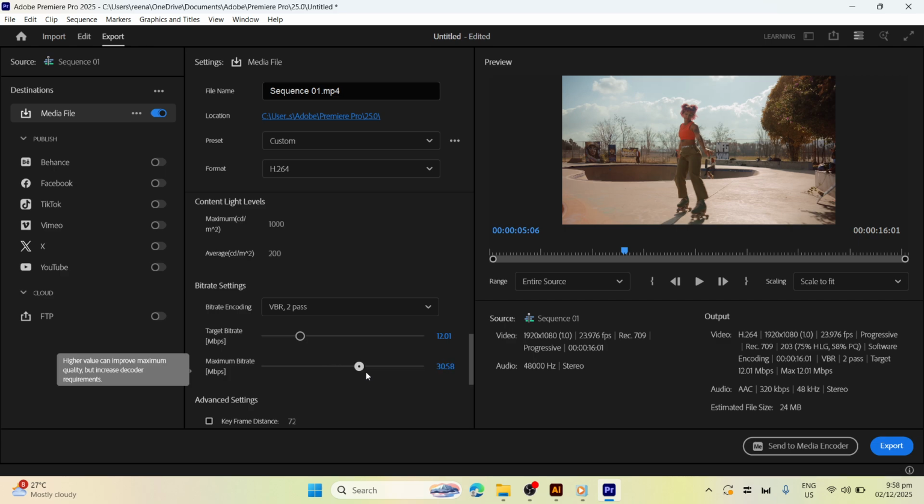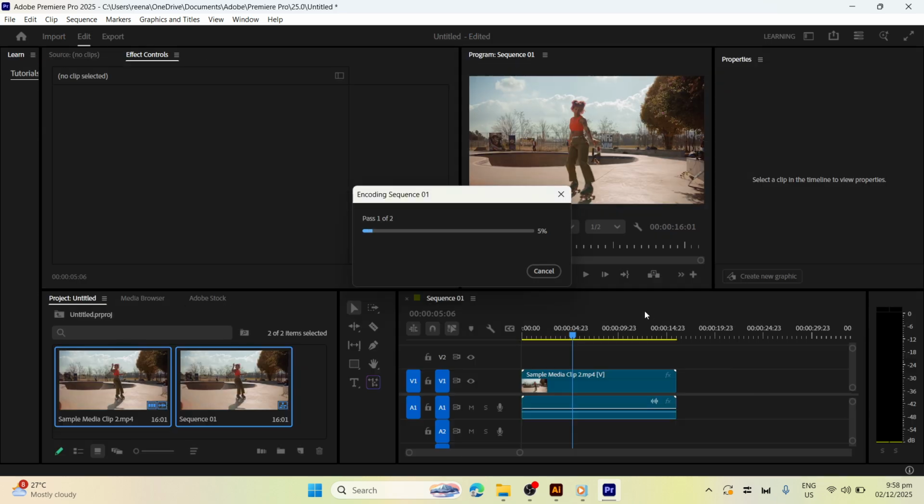Choose your file name and destination by clicking the output name. Pick a clear name and select the folder where you want the file saved so you can find it easily later. When everything looks good, click Export. Premiere will render your sequence using the settings you just configured and save an MP4 to your chosen location. That's it. Your high-quality video is